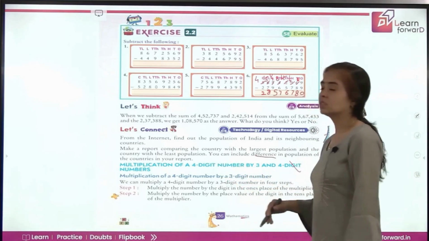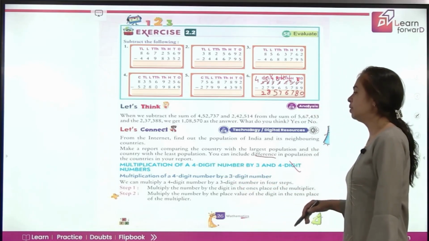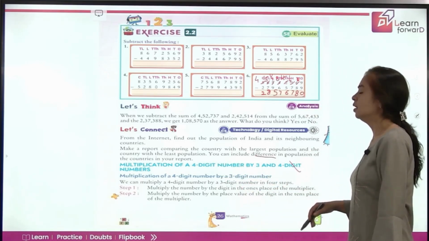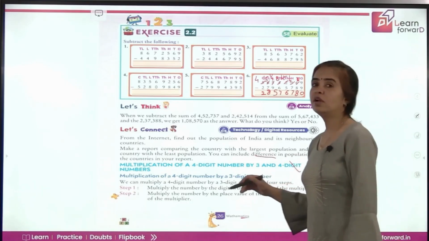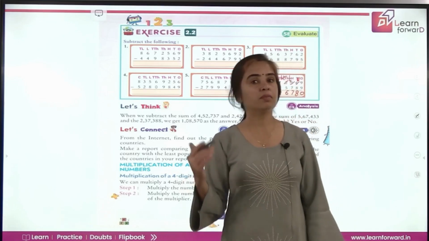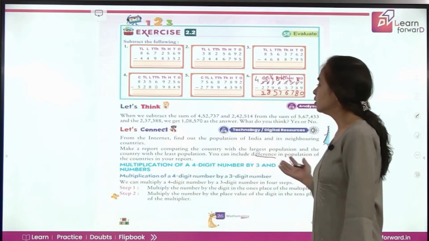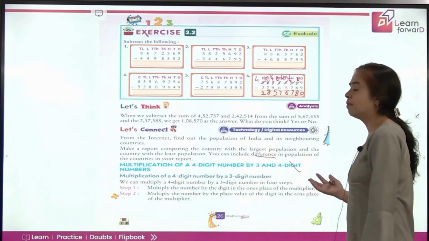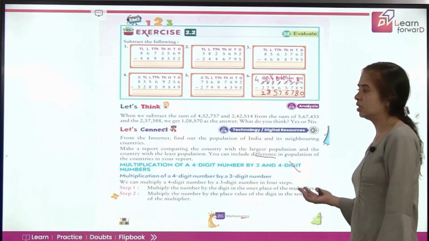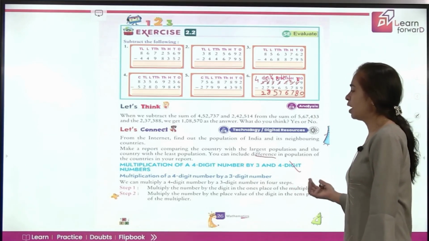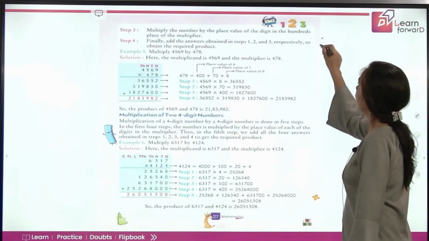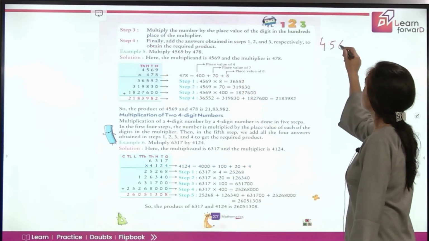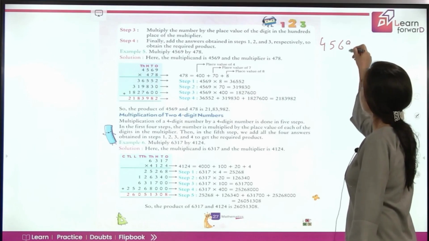Now, the next operation is multiplication of a 4-digit number by a 3-digit number and a 4-digit number. We have already learned multiplication of 4-digit numbers by 2-digit numbers. Going ahead, we'll be multiplying by a 3-digit number and a 4-digit number. Just look at an example. If you have the number 4,569 multiplied by